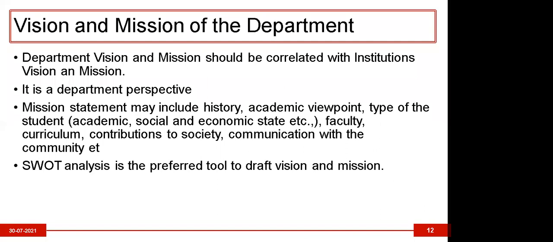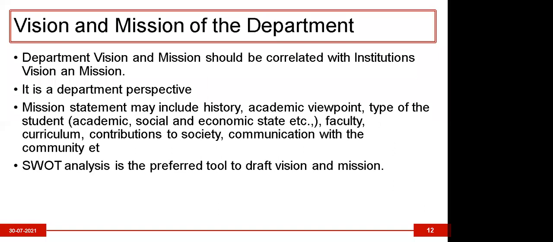So who are going to get involved? The management, the programs we are offering, and the parents, the stakeholders. We have to take the information from the stakeholders. By including all these people and collecting feedback from them, we'll have some insights into how we can draft the vision and mission statement of the institution. So once the mission and vision statements have been drafted, simply